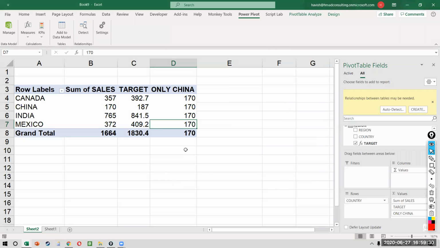Anything else? Anyone? So if you have Power Pivot, does that mean that pivots are redundant? Absolutely not. Pivots are pivots. Power Pivot is just some additional functionalities to a pivot table. That means that you are able to create your own calculations. It means that you're able to merge multiple tables together. It means that you can pull a data set from a different source other than an Excel file. Other than that, it's fundamentally a pivot table. There's no difference. So don't think of this as something complementary to pivot. It is just an additional functionality to a pivot table.